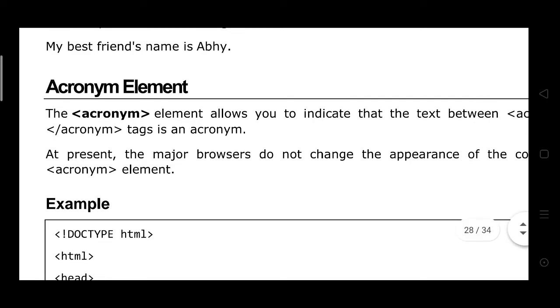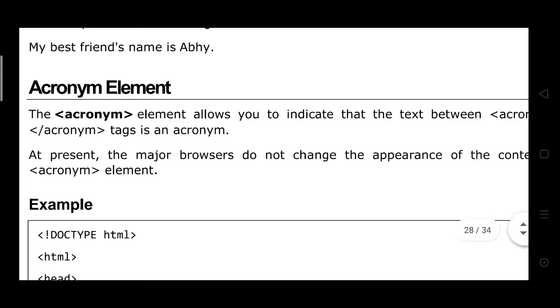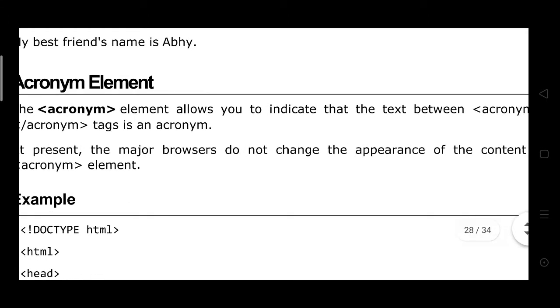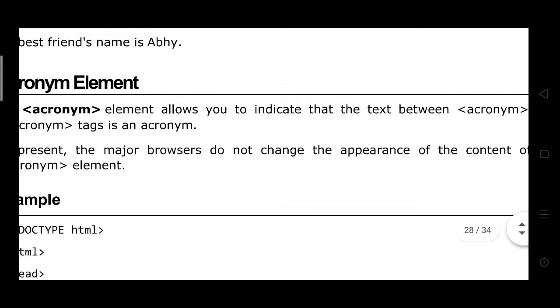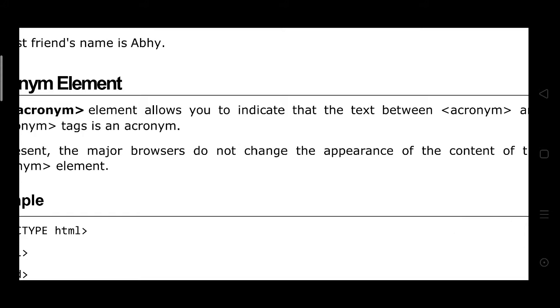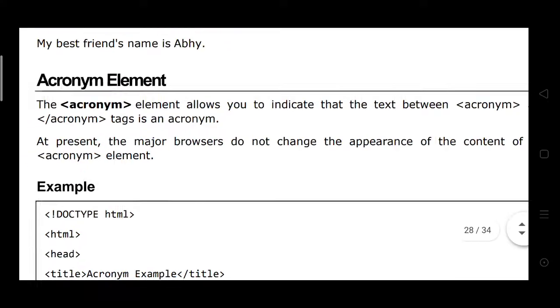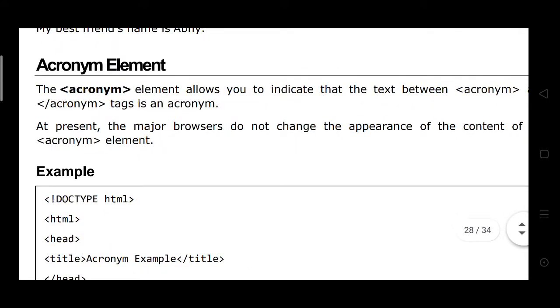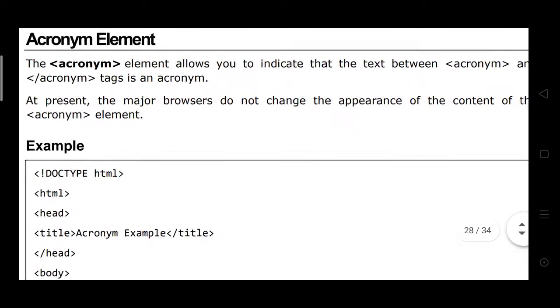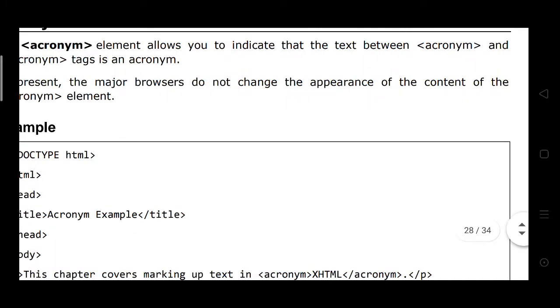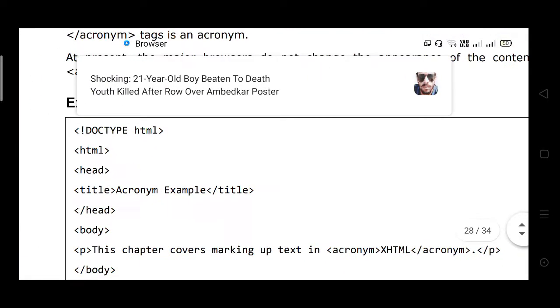The acronym element allows you to indicate the text between the opening acronym tag and the closing tag. It also instructs the major browsers not to change the appearance of the content of the element.